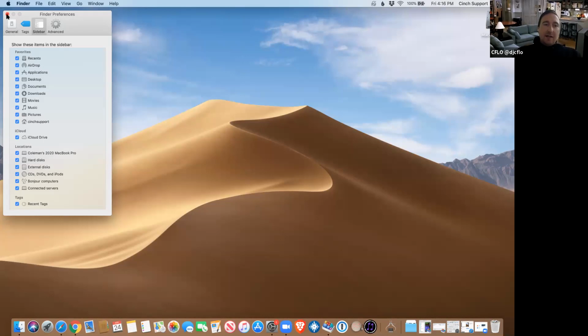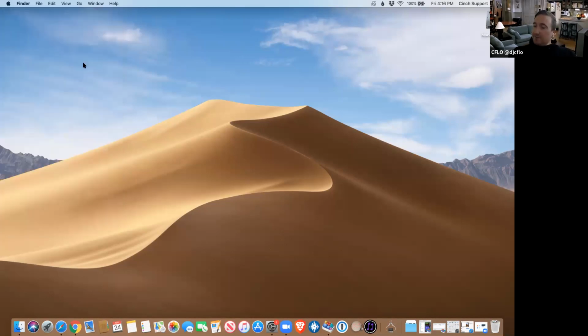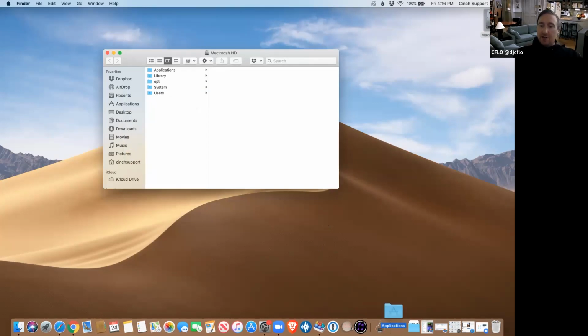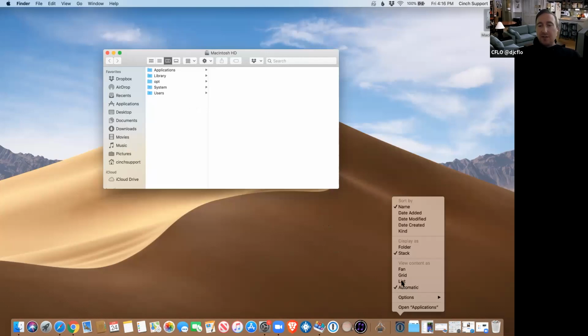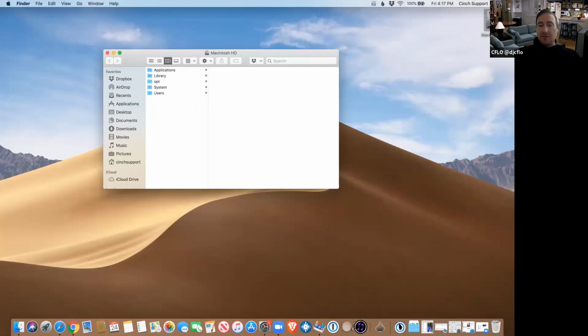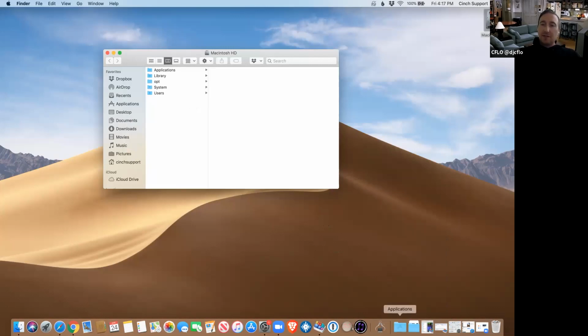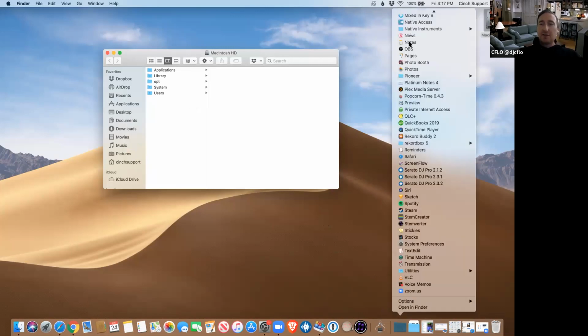And then I close this down and I open up the hard drive. I take the Applications folder and I bring it right down here to the dock. If you right click it and choose list, and then right click again and choose folder, you can quickly get to all the applications in your computer.